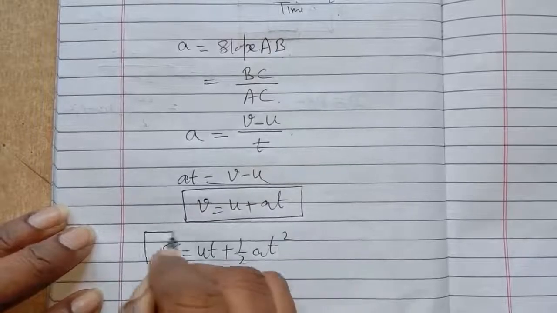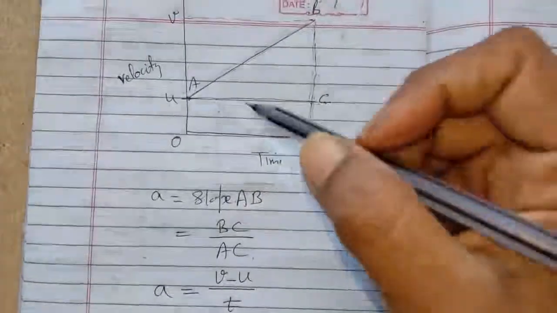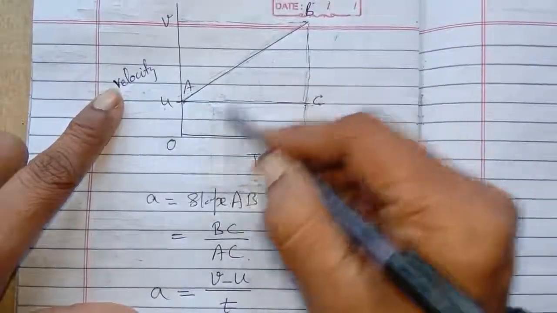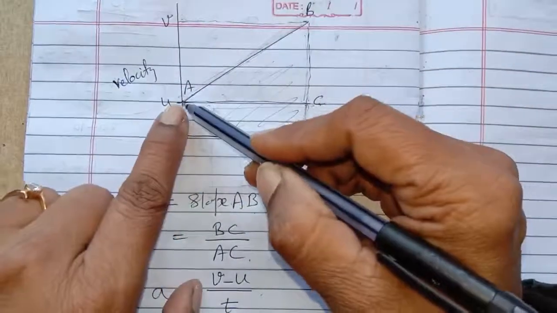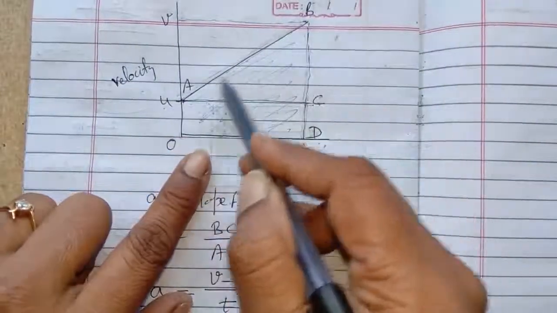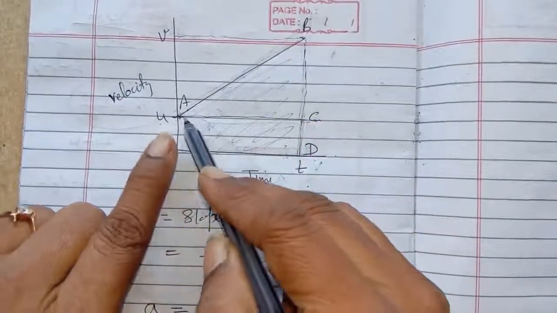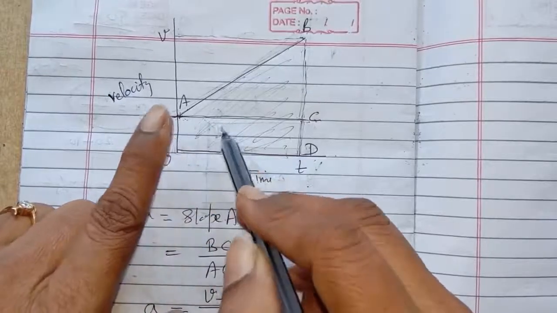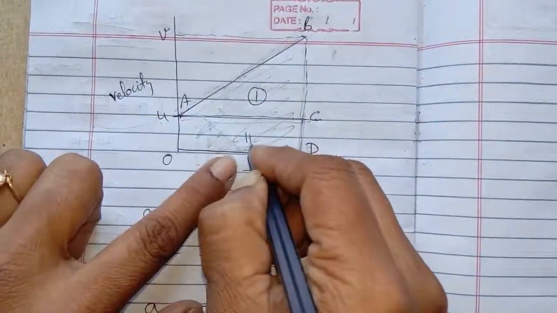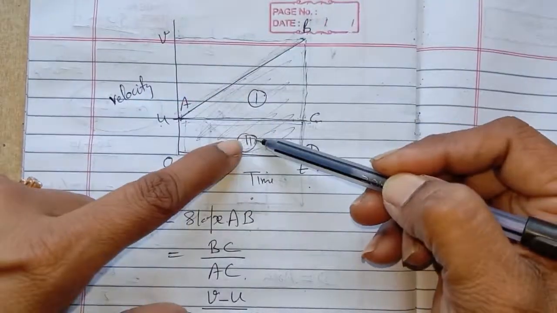So it is very clear that you have to find the distance covered by the body. And for finding the distance covered from the VT graph, what will we do? We will find the area of the graph. So to find the distance covered from A to B, you have to find the area of this portion, and this portion is in the form of a trapezium. But we take the trapezium in the third equation of motion, and we can divide this trapezium into two parts. Part 1 is a triangle, and part 2 is a rectangle.